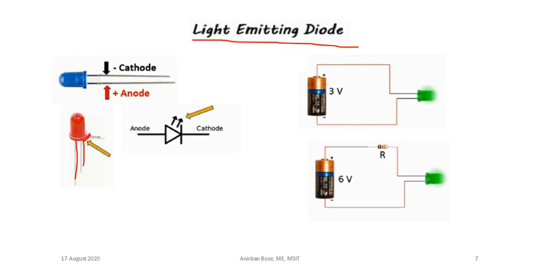But here you can see when you connect this LED with a 6-volt source, a resistance is connected in series. The reason is very simple: the current limit of the LED is in the order of 20-25 milliampere. If the current through this LED is more than 20 milliampere, then this LED will burn. So you cannot allow more than 20 milliampere. If you connect a larger voltage, definitely a larger current will pass through this LED.